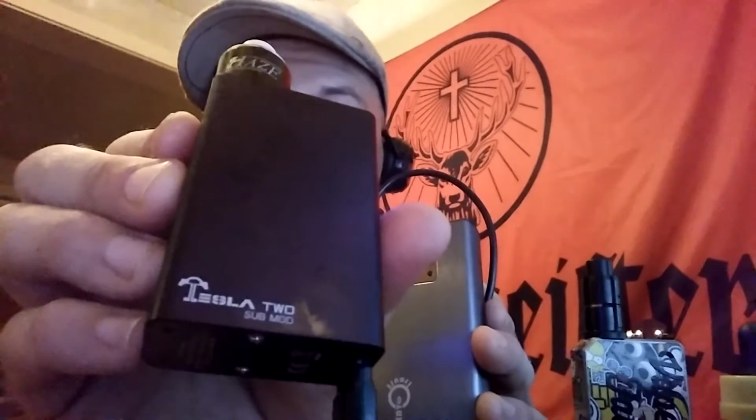The smallest mod I've ever bought in my life. It's called a Tesla 2. And it is tiny. And it's little. When I say this thing is little, like, bam, she's gone. This thing is an 11,000 mAh, the 11,200 mAh power source bank thing that charges anything, no matter what. I can literally carry this thing around and charge this little guy with this big guy at any